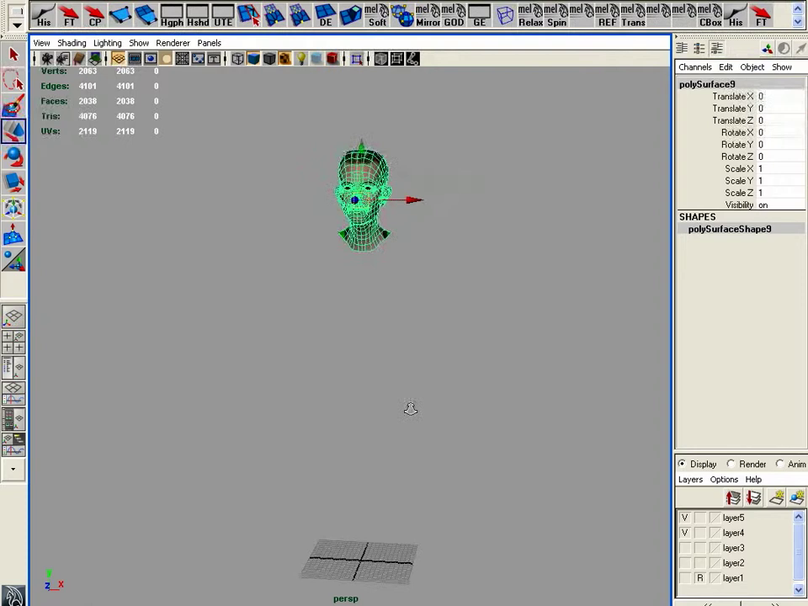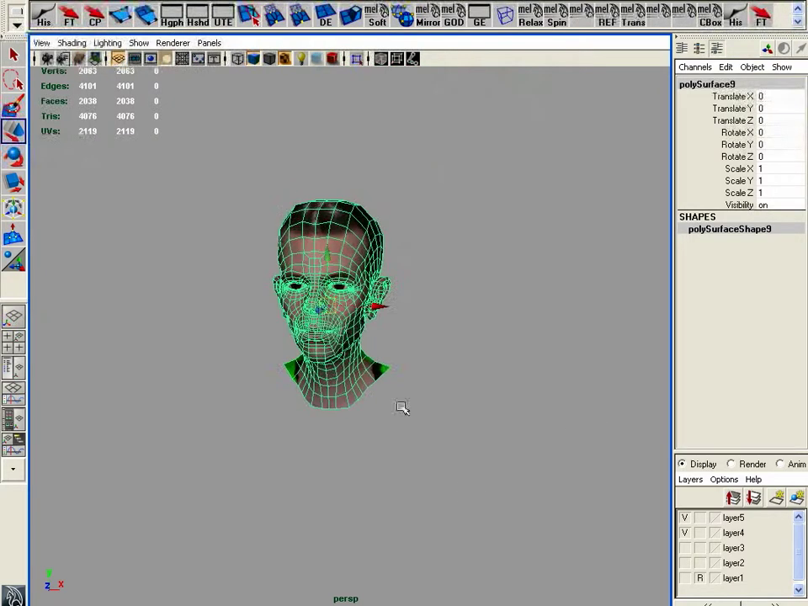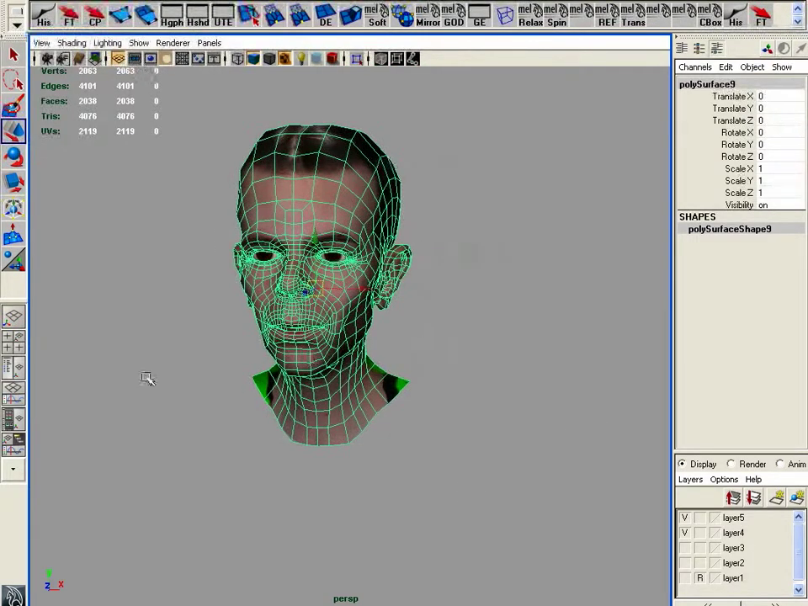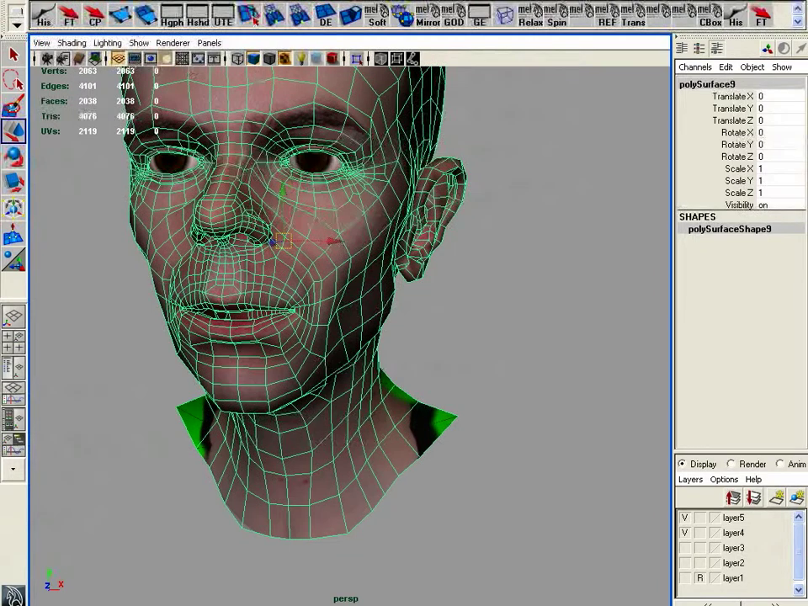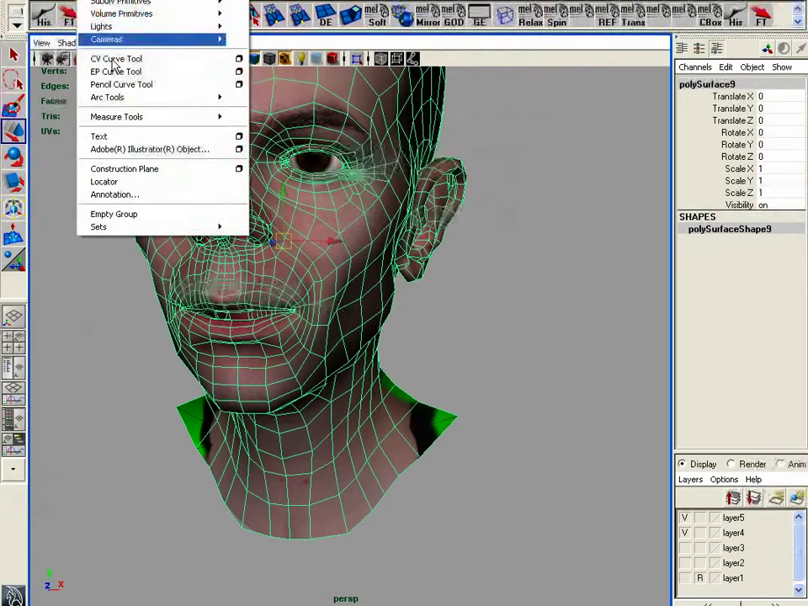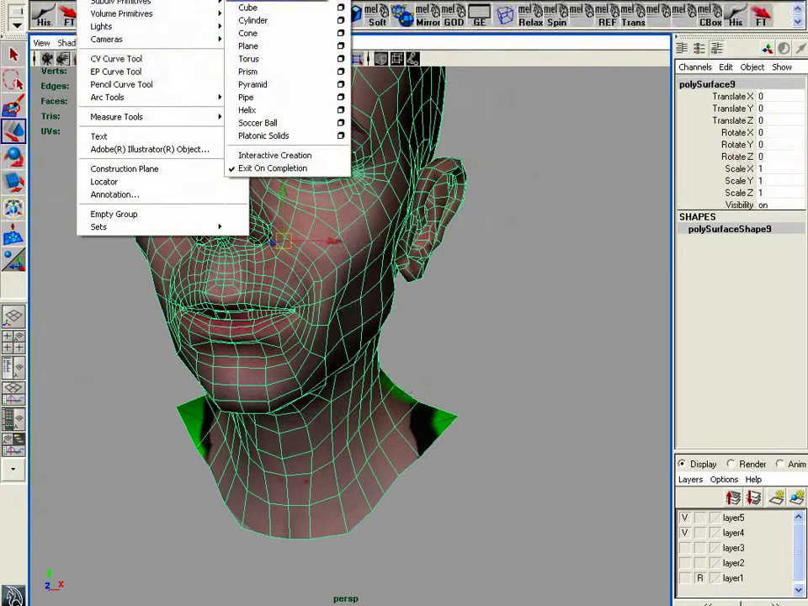Actually, you know what I might do is quickly, what time are we at? 7. So I'm just going to make teeth. I'll make teeth for him. I'm going to do my cheap chiclet teeth. If I just go in here and I go to polygons and I create a cube,